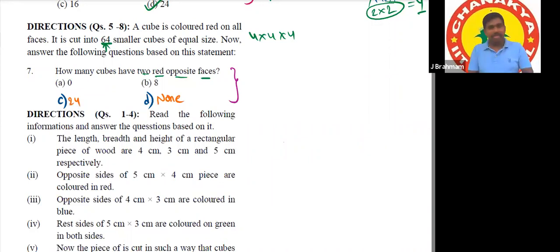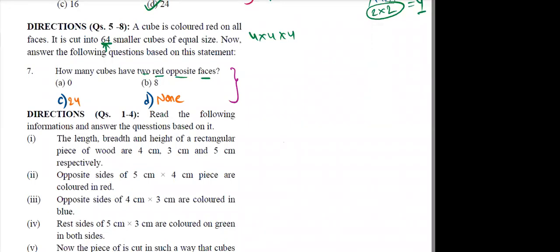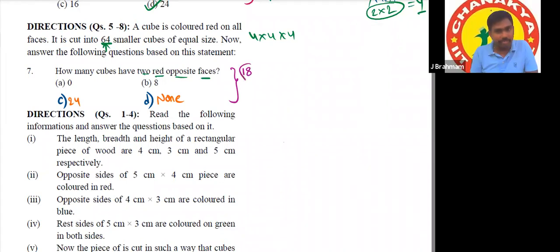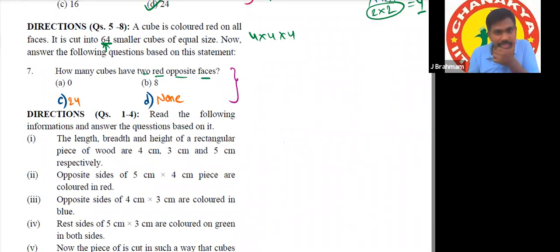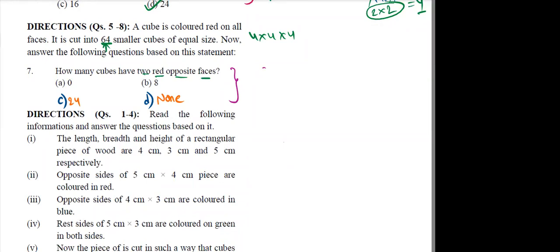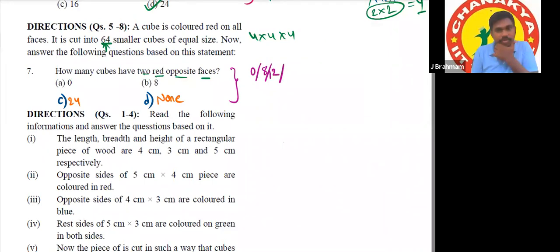Okay, so anyone? I think it's 8. So I guess it's none, I guess. I'm not sure. What is your actual answer? 18. I think it's 20. Sorry, 8. Okay. Sir, I guess it's 12, I guess. 12 or 6. Okay.